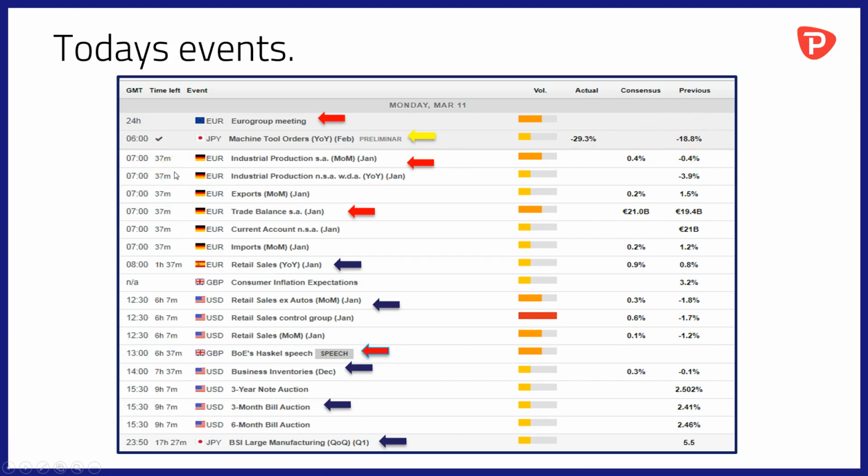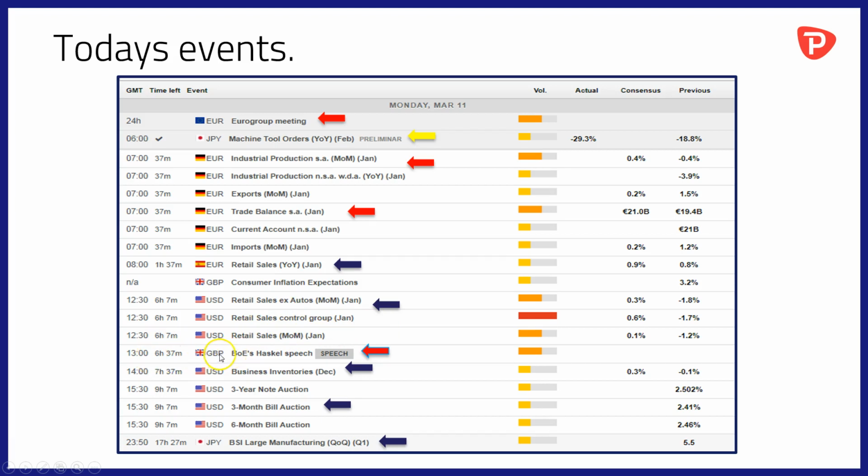We've got some more important industrial production data out of Germany at 7 o'clock this morning, and that'll also be accompanied by balance of trade data for January. So a real chance to see how the German economy has been performing, or was performing, at least in the month of January. At 8 a.m. GMT, we'll have retail sales year-over-year data for the month of January out of Spain. And then a pause until 12:30 when we'll have similar data out of the USA, a raft of retail sales ex and inclusive autos, again the data for the month of January.